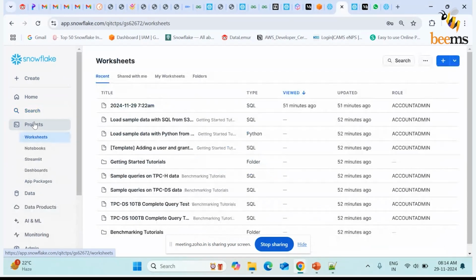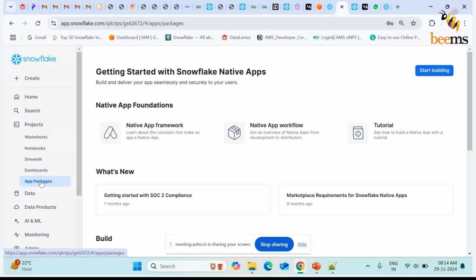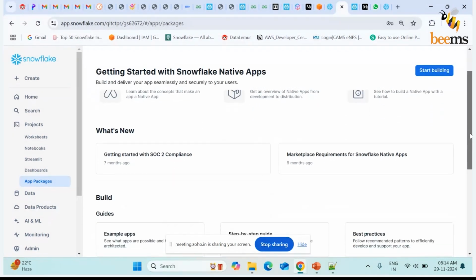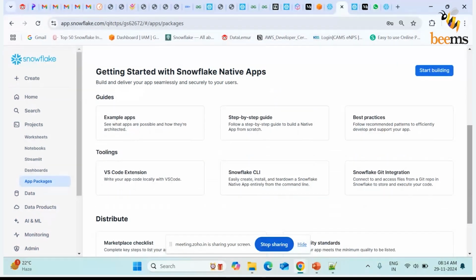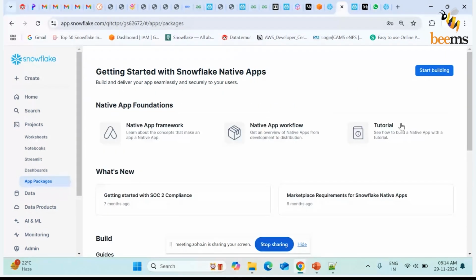Go for the project. Project is the same. What are the projects we have? Notebook, Streamlit, dashboard, app packages. App packages are the native apps that Snowflake has provided to us. So a native app, in the sense, is just like your Streamlit only. Okay. So any app you want to create, anything like that, here: getting started with SOC compliance,